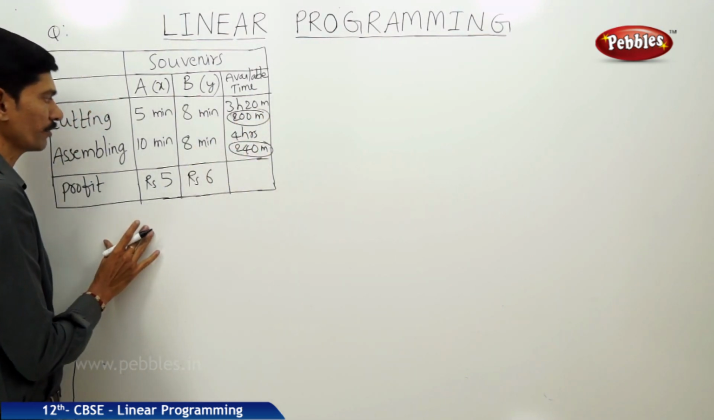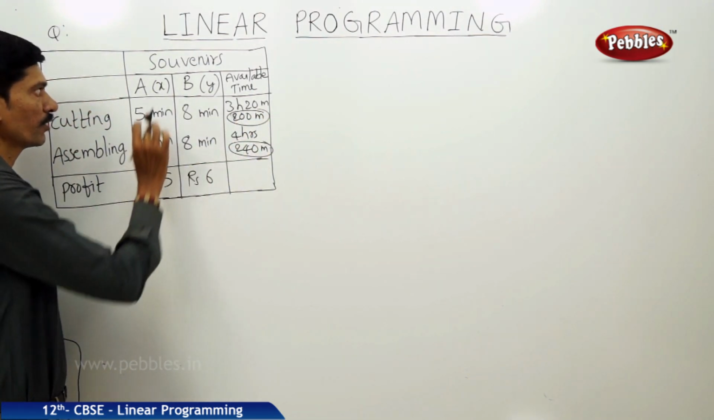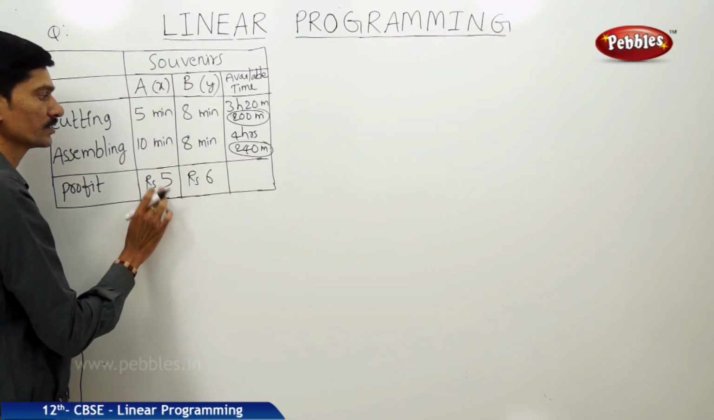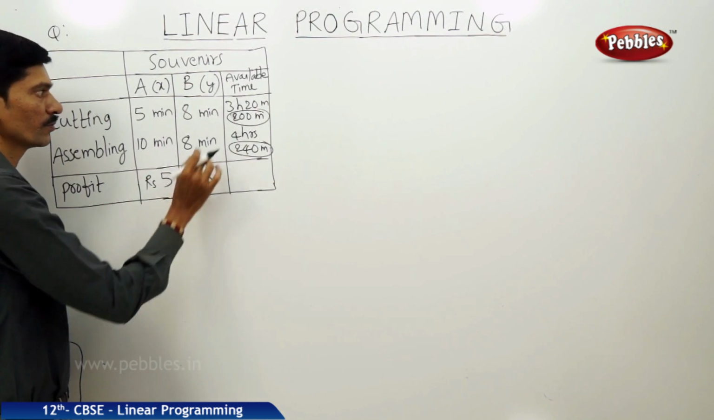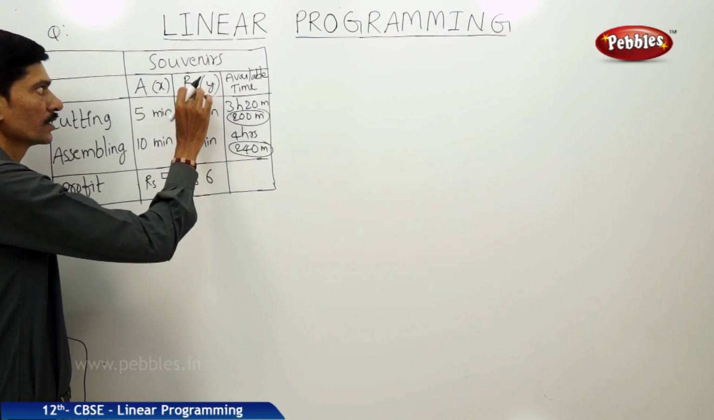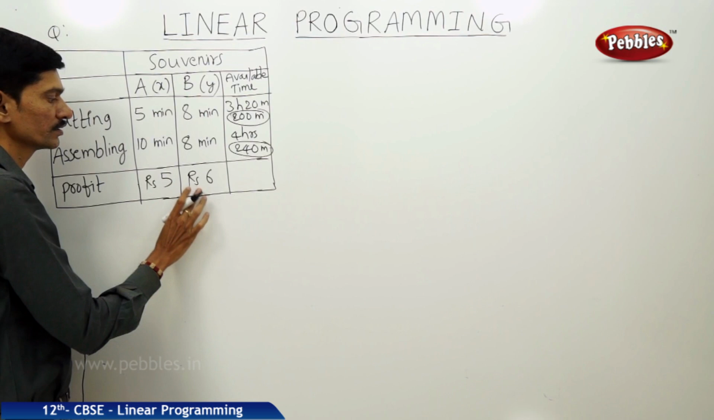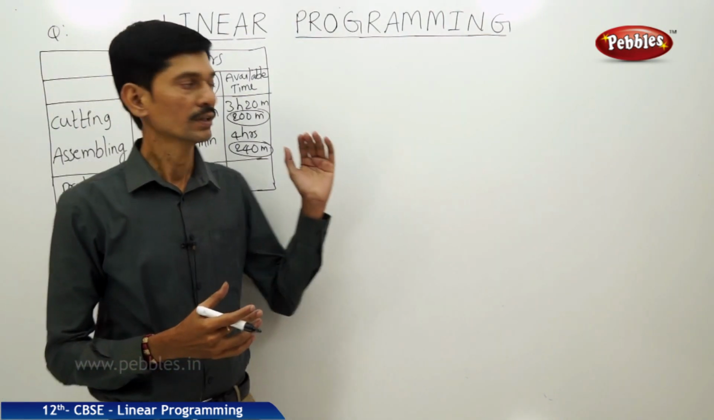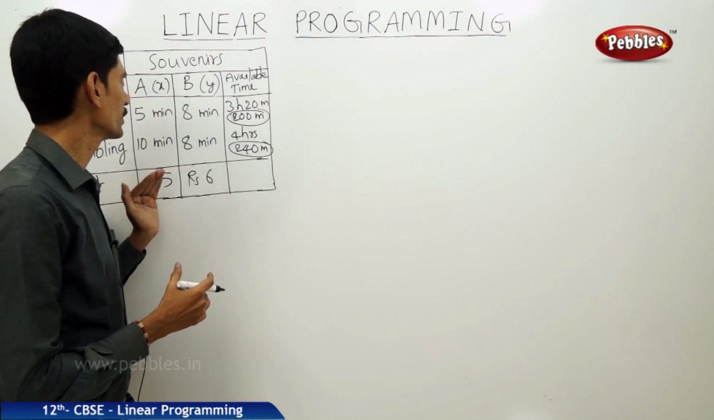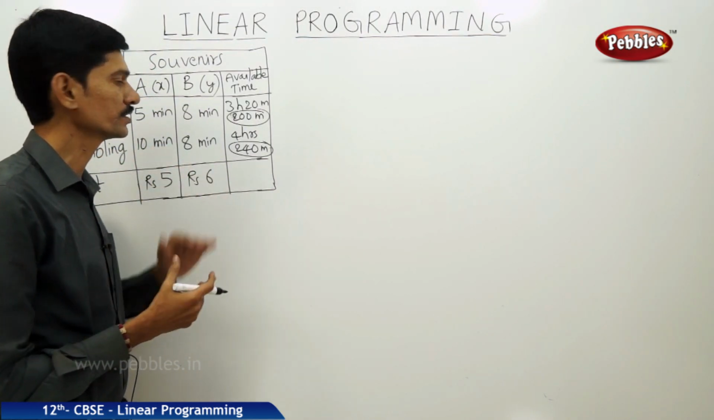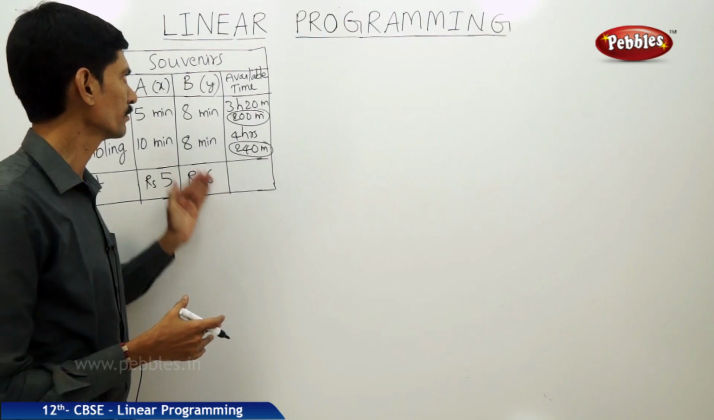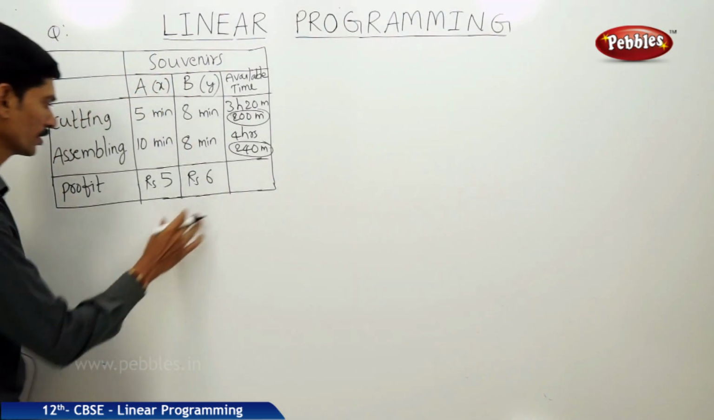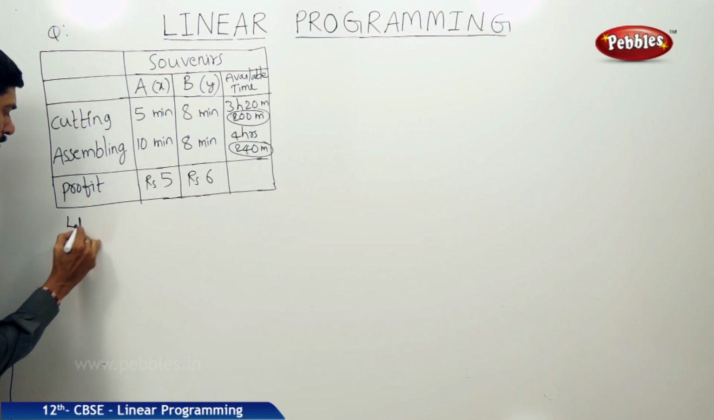Then here again the profit is given. So profit on 1 unit of souvenir of type A is 5 rupees and the profit on 1 unit of type B souvenir is 6 rupees. So then we have to find how many units of souvenir A and souvenir B they have to manufacture to get the maximum profit. So here we take, let